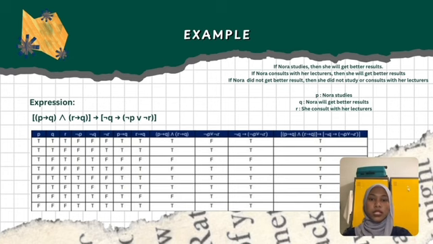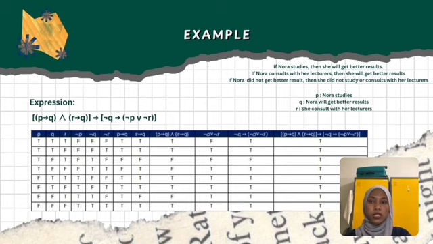For the tautology example, we have 3 variables, which are P for she studies, Q for she will get better results, and R for she consults with a lecturer. The expression that we have is P implies Q and R implies Q implies not Q implies not P or not R. If she studies, then she will get better results. If she consults with her lecturer, then she will get better results. If she did not get better results, then she did not study or